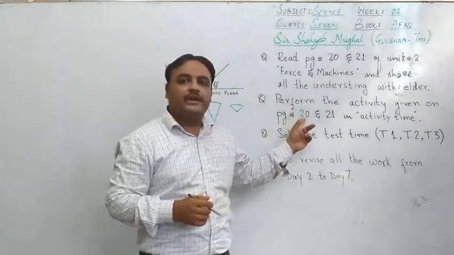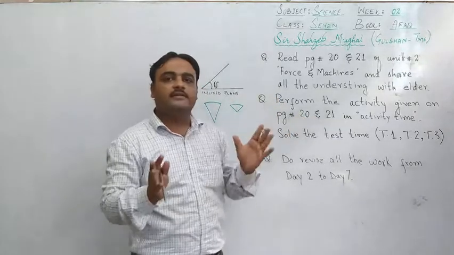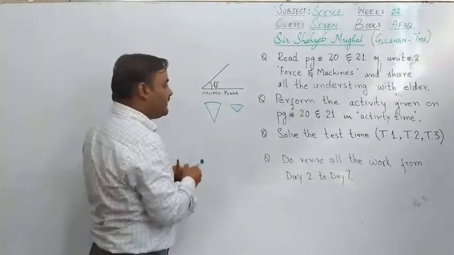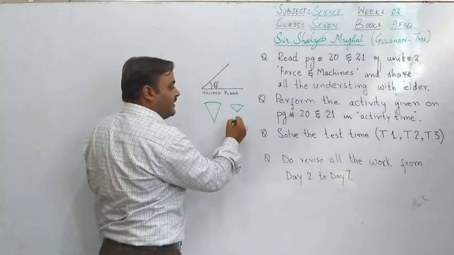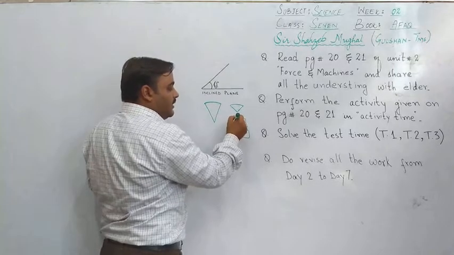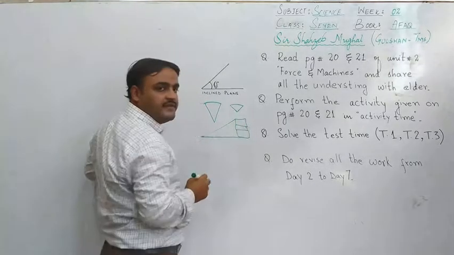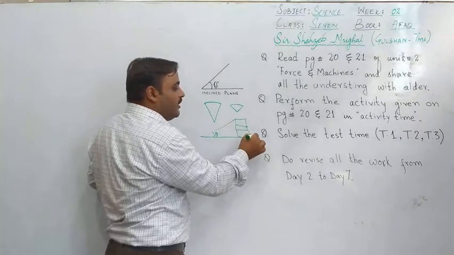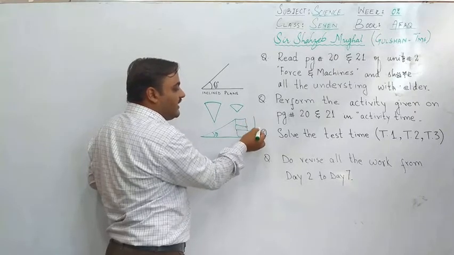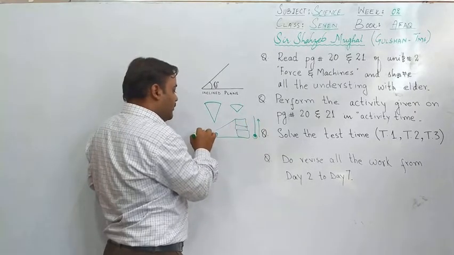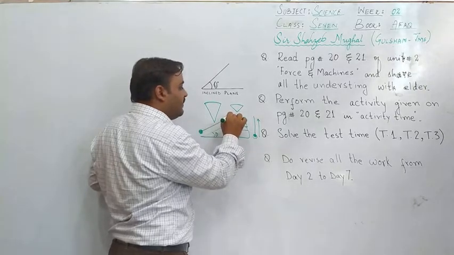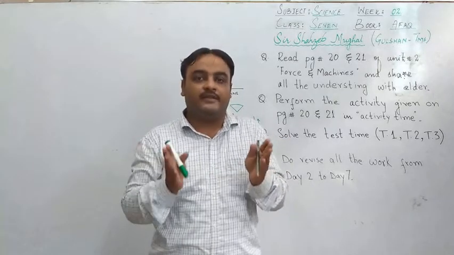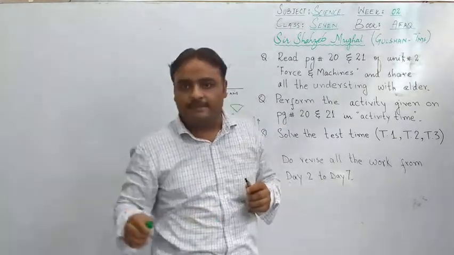On page number 21, you will find an activity concerned with the inclined plane. You just have to place some books on your surface and put some plane surface which makes an angle theta with the surface. Then first of all you have to lift a rock vertically and then pull the rock with the help of a string on the inclined plane, and you will notice a major difference in applied force. This is what an inclined plane does.